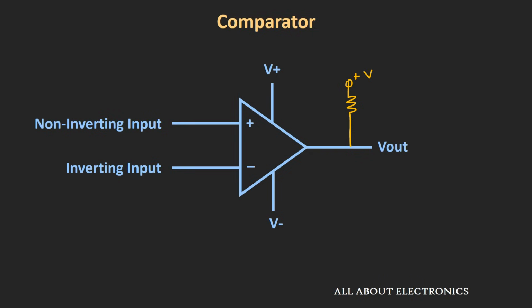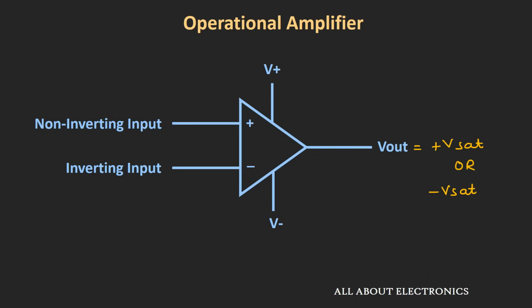Moreover, if you observe these comparator ICs, in most of them the output stage of the comparator is an open collector. So we additionally require an external pull-up resistor to use this comparator. Because of this open collector configuration, it is possible to use the comparator with different logic families, and we can directly apply the output of the comparator to different logic gates. And moreover, because of this open collector configuration, it is also possible to connect different comparators in a wired AND condition. While in the case of the op-amp, in open loop configuration the output of the op-amp can have two voltages, either positive saturation voltage or negative saturation voltage.